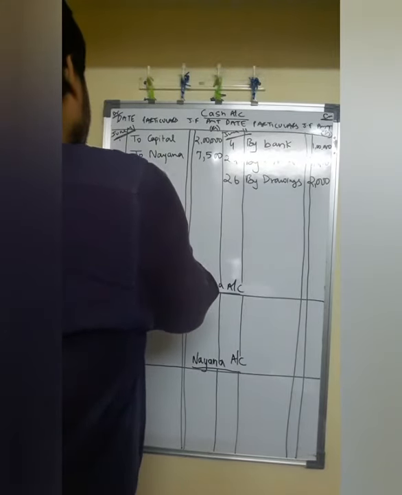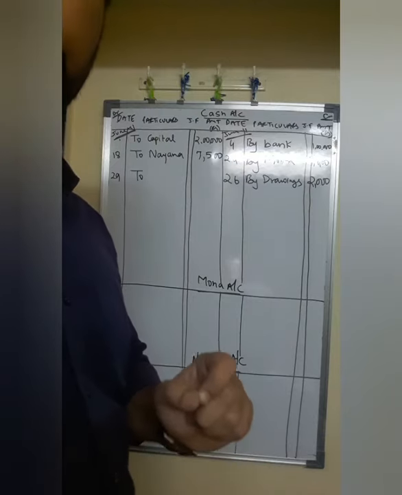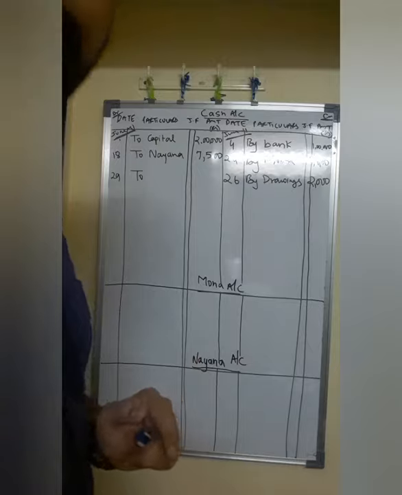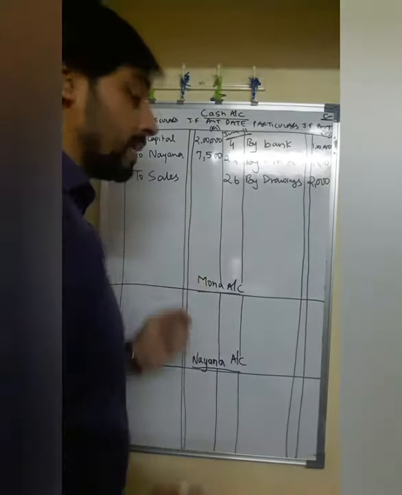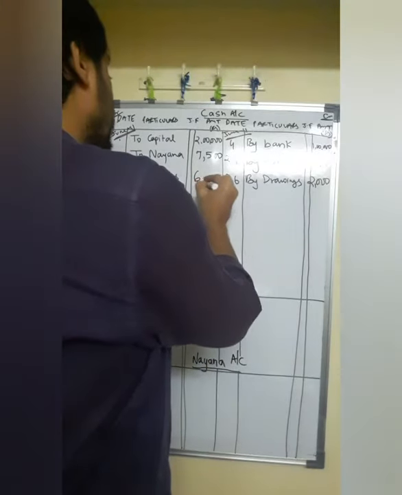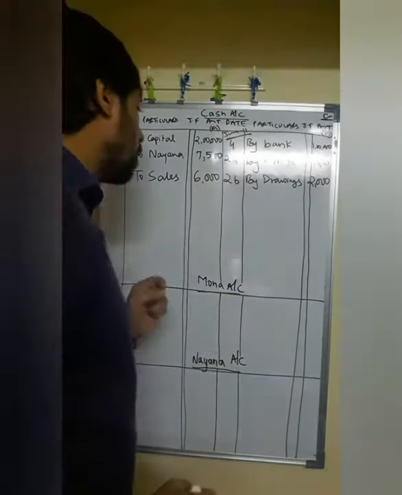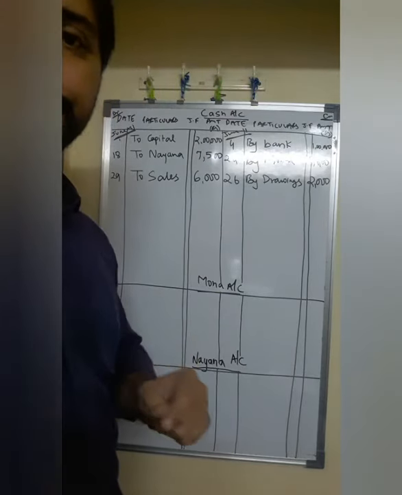29th, again cash account is debited, so you'll go on the debit side and you will give the reference of credit. Here there are two credits, students? No, I think it's only one credit. It's cash account debit, Divakar account debit to sales, right? So on the credit side we have sales. That means in sales, how much cash we have received? 6,000 rupees. So what the amount is in front of cash, you have to record that. So you have to be careful there. Mistakes happen there.